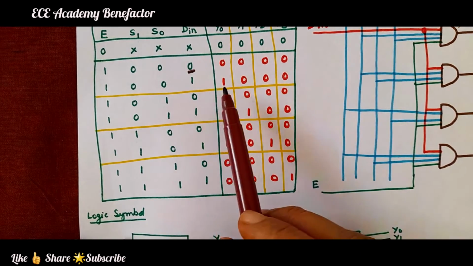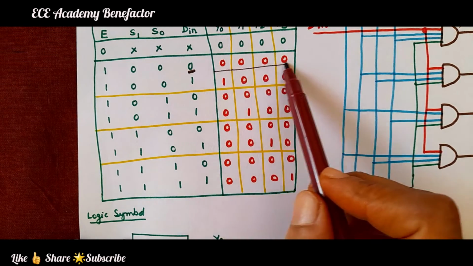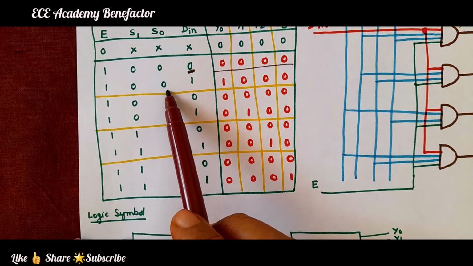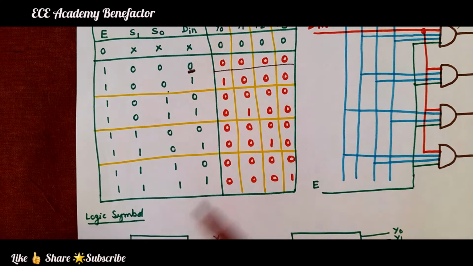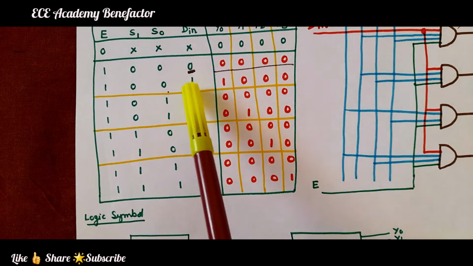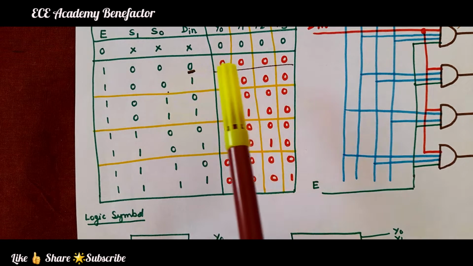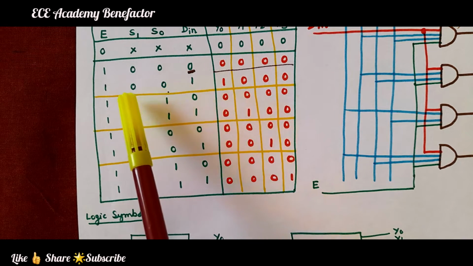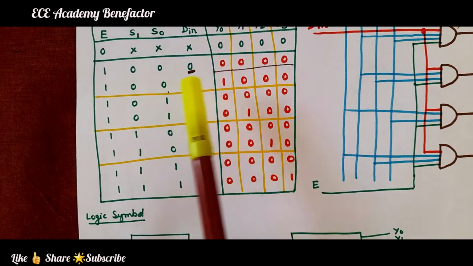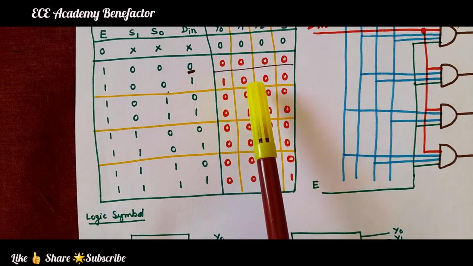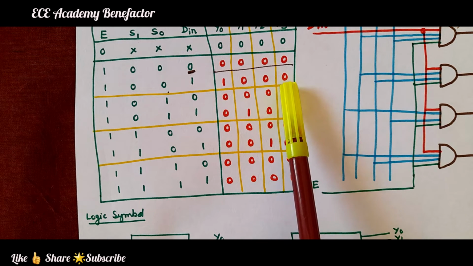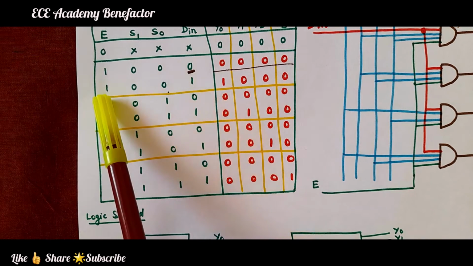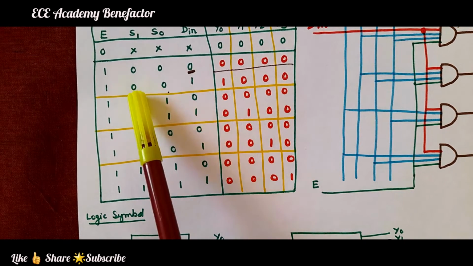Data input is 0, so output is going to be 0. When the selection lines are 0, 0, the data will be transmitted to Y0. So what happened when the selection line is 0, 0? Y0 will be 1 and all other outputs will be 0. When the data input is 1, enable is also 1 and the select lines are 0, 0,